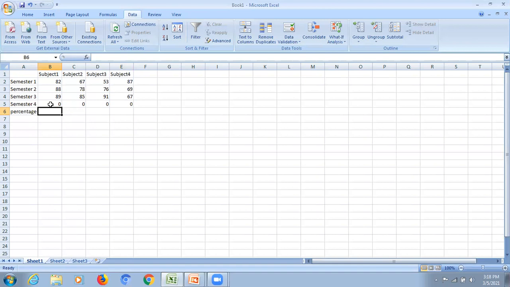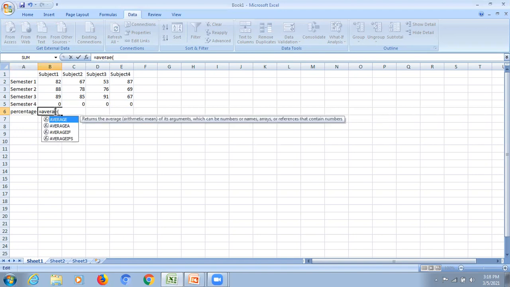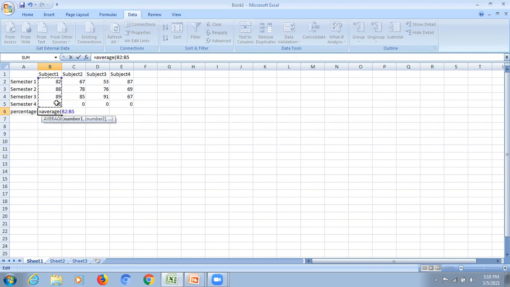So first of all, let me put a formula over here in percentage. Let me take out the average. And here I will select the range, close the bracket.